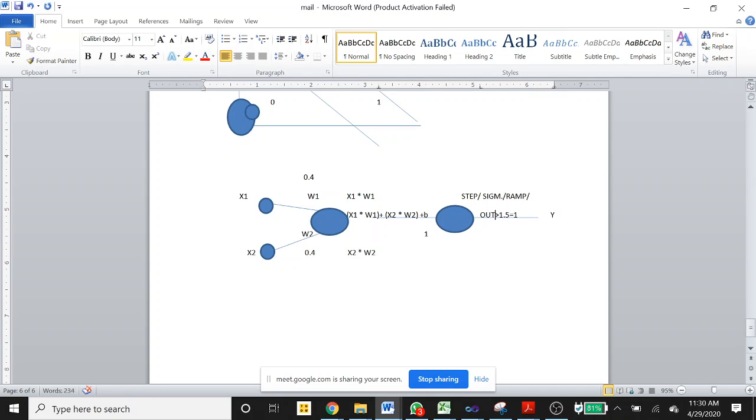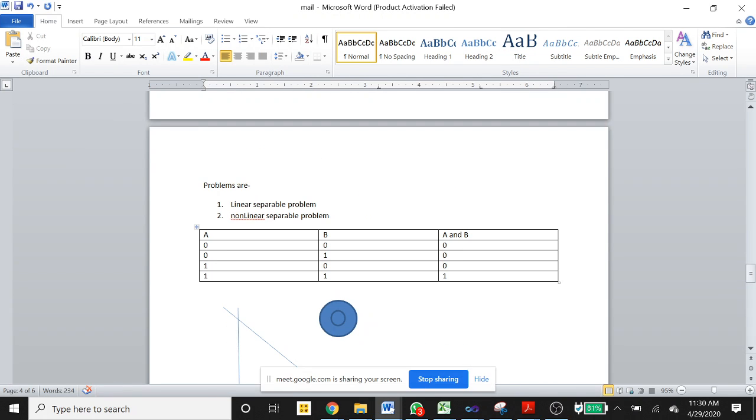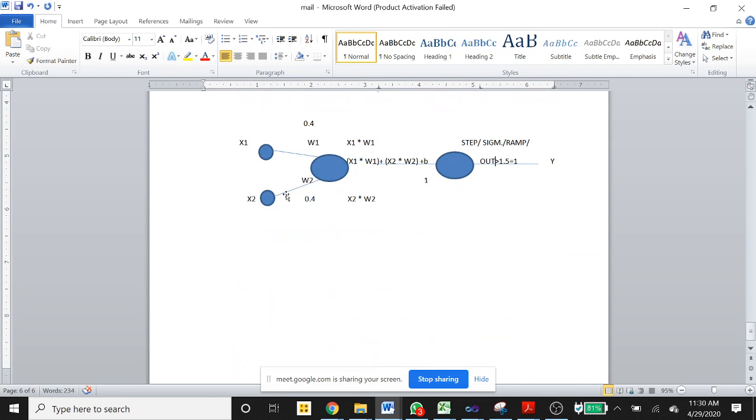The output 1 is less than 1.5, that means the value will be 0. Because that is less than 1.5, the output will be 0. So the condition is going to satisfy. Then in the next step, if we have 0 and 1, the scalar multiplication will be 0, the scalar multiplication